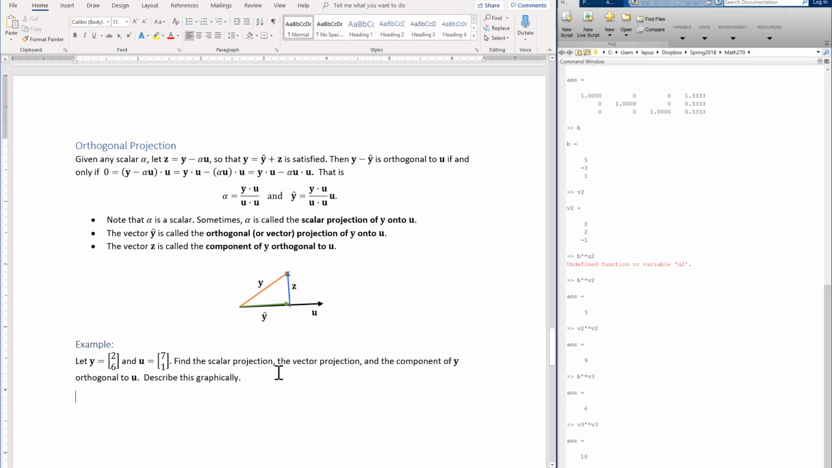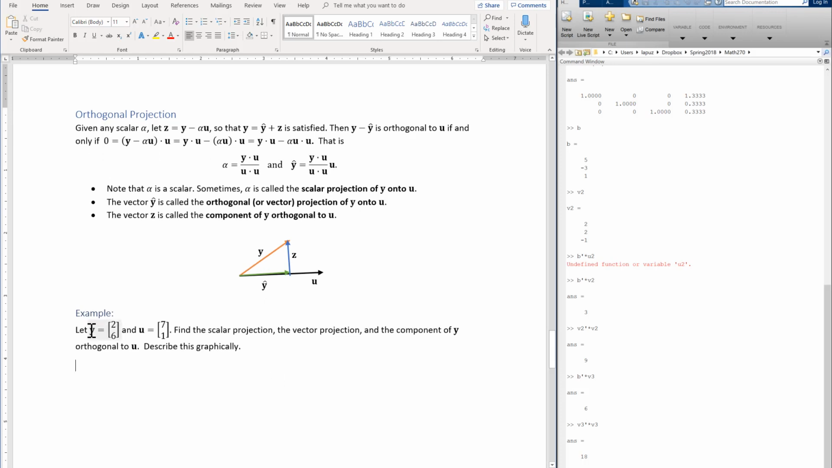So here's an example. Suppose y is equal to 2, 6, and u is equal to 7, 1. Find the scalar projection, the vector projection, the component projection of y onto u. And then we are to describe this graphically. So if we just follow the formula,